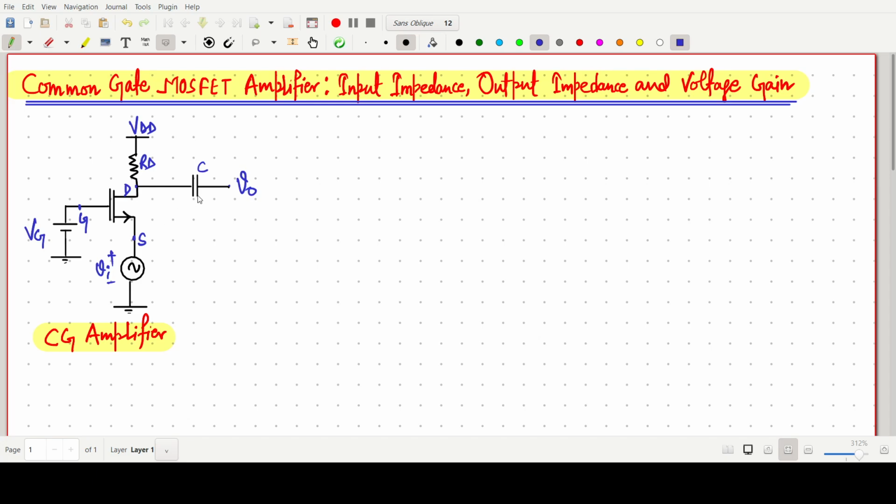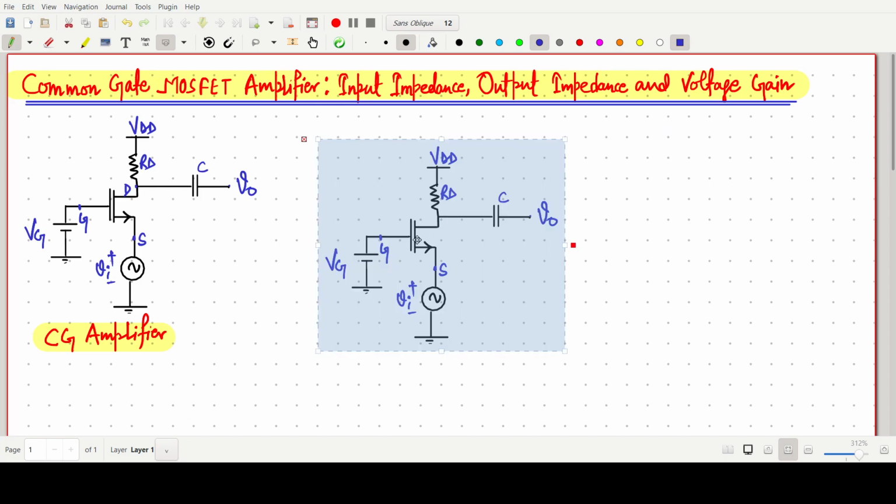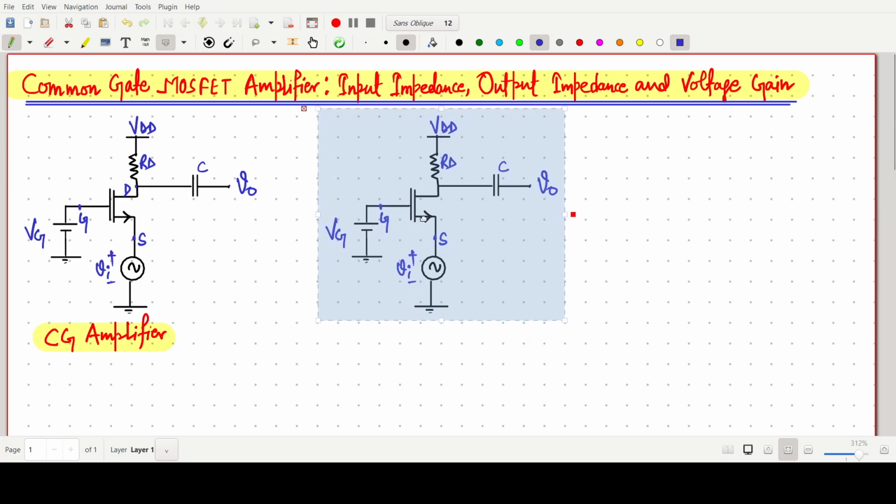So for the determination of input impedance, output impedance and voltage gain, we have to go for the AC analysis. If we go for the AC analysis, the modified circuit will be like this. For the AC analysis, we will remove the DC part. So the DC part will be grounded. Clear. The DC voltages